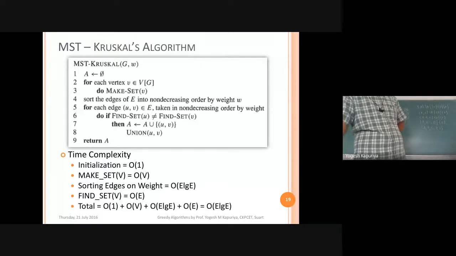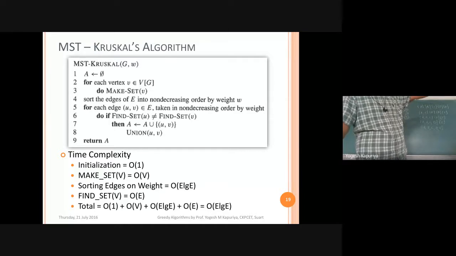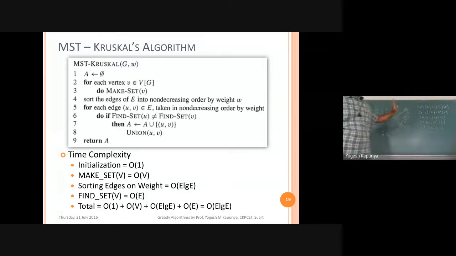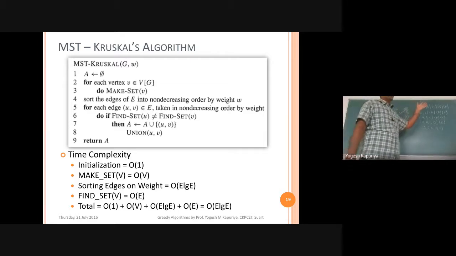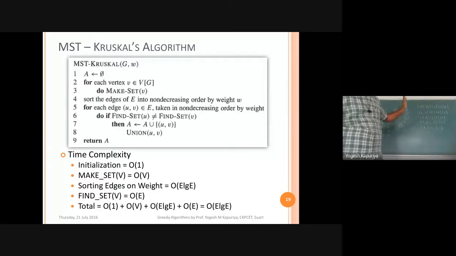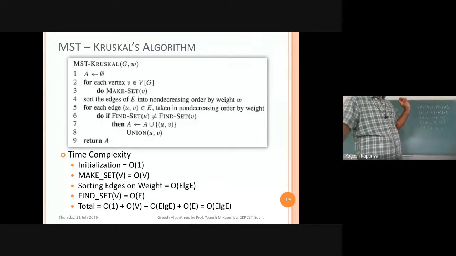And we will repeat this till line number 4. How many times are we repeating? That means basically we are traversing every edge. So if there are n edges, then we are repeating this n times. Clear? Is the algorithm clear? It's very straightforward. If you understood the approach, the algorithm is very straightforward.